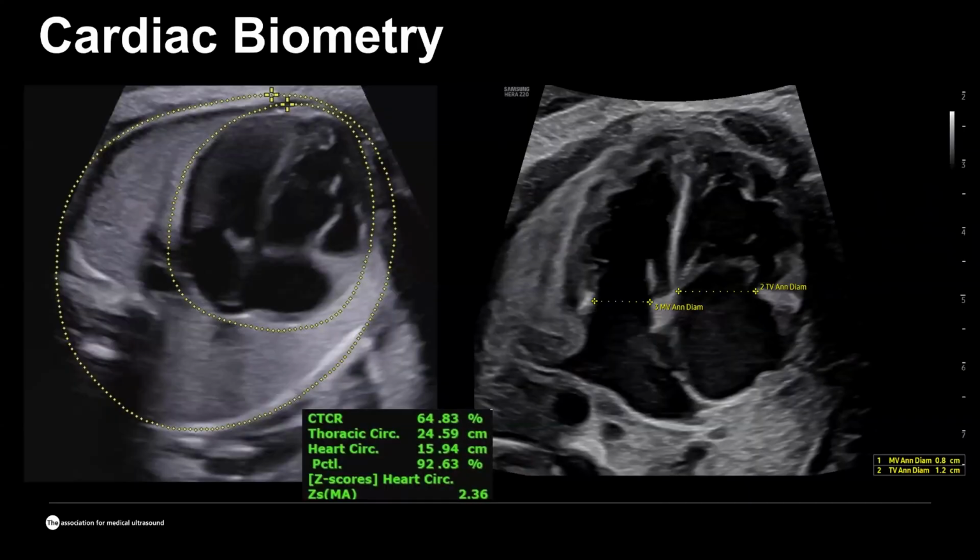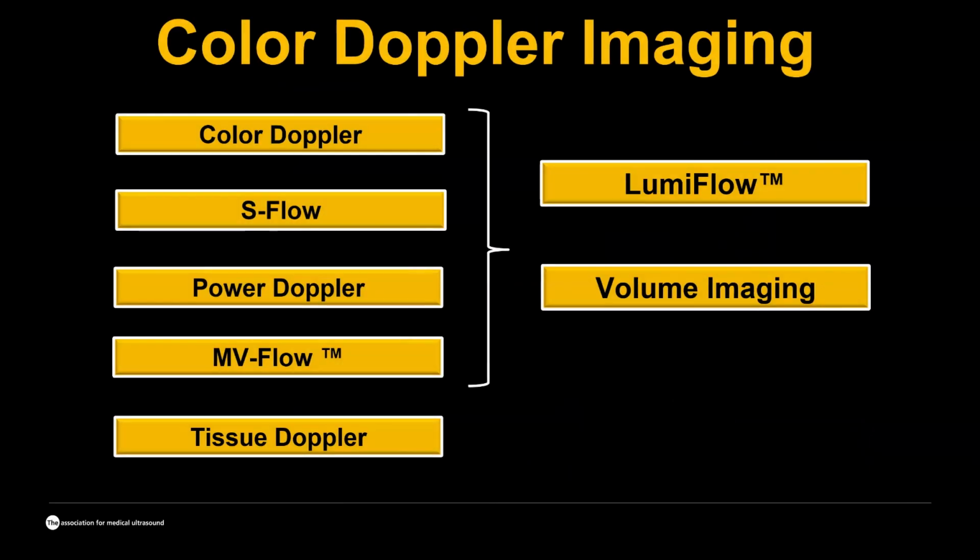Also, we can take the measurement of the general or overall size of the heart in relationship to the size of the chest, called the cardiothoracic area ratio. Again, that measurement can be automated, and you need just to push one button and the system will do it for you in a split second. So a lot of artificial intelligence, automation, and optimization can help us to streamline those exams and really focus not on this tedious task, but on more interesting things.